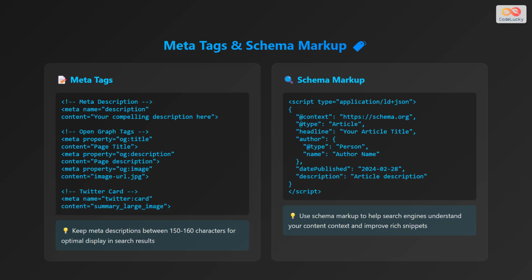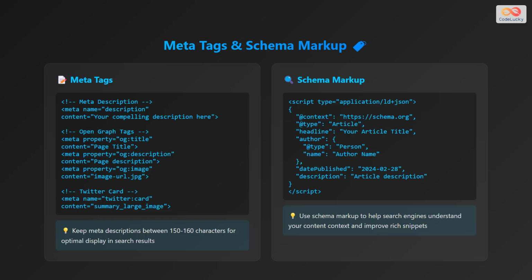Schema markup, also known as structured data, is code that you can add to your website to help search engines understand your content better. This improves rich snippets, which are search results with extra information displayed. To use schema markup, include this code block: a script tag containing a type attribute with a value application/ld+json. Inside that script tag, include a context property with a value https://schema.org, a type property with a value article,